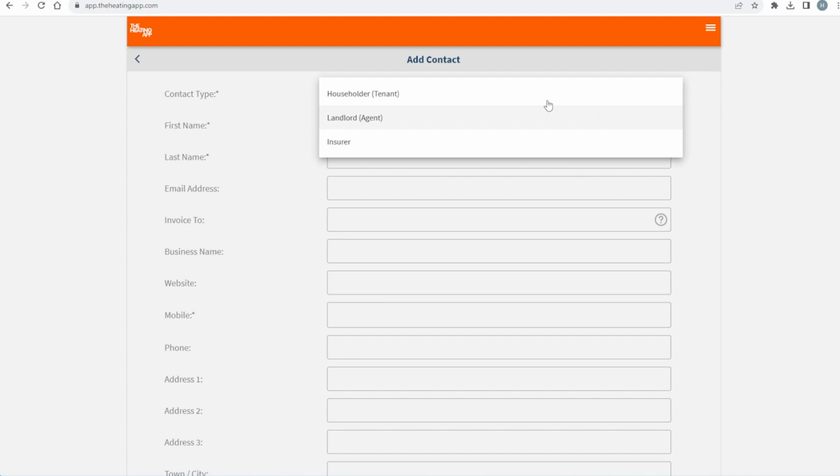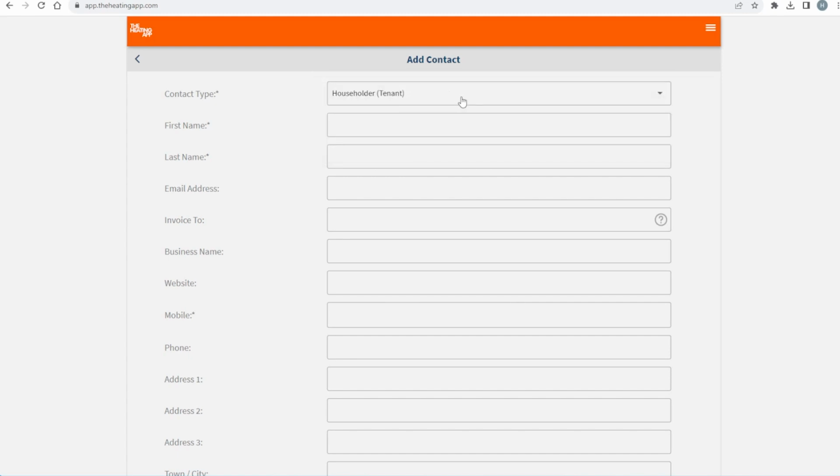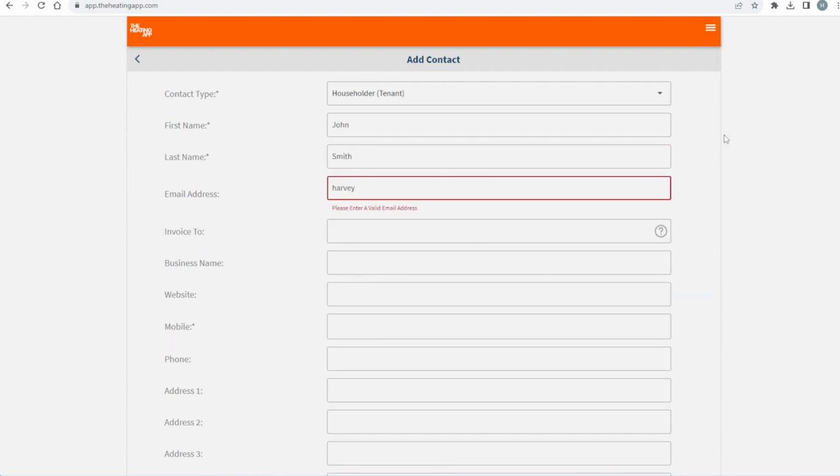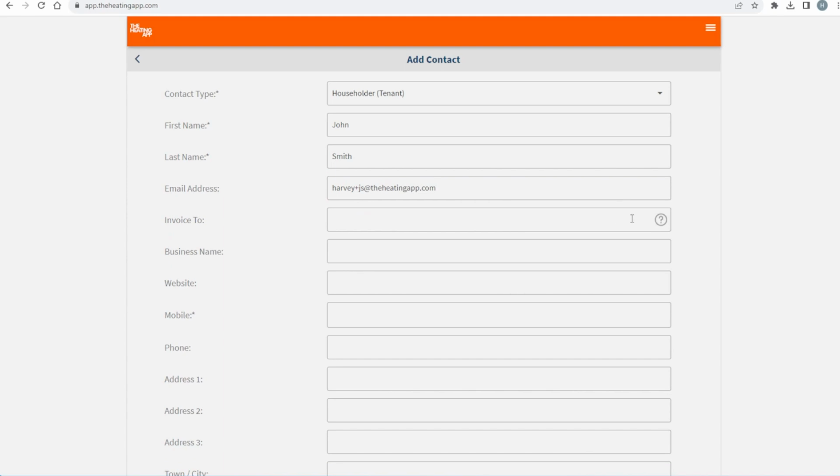I will begin by adding a householder and tenant. Start by entering their first name and last name in the provided boxes. Next, input their email address. If the customer requests an invoice to be sent to a different email address, fill in the invoice to section accordingly. No need to add a business name or website for this type of customer, so I'm going to leave